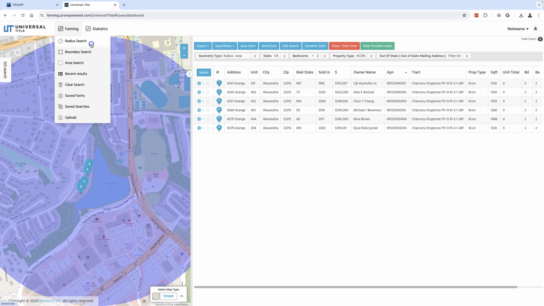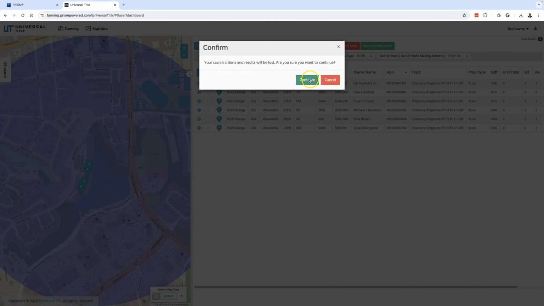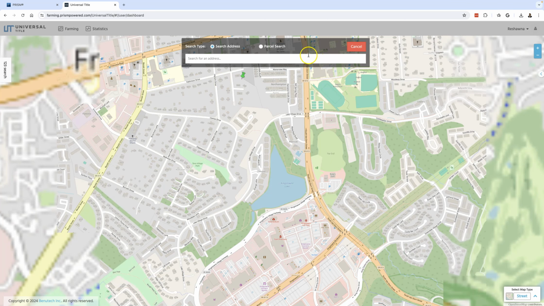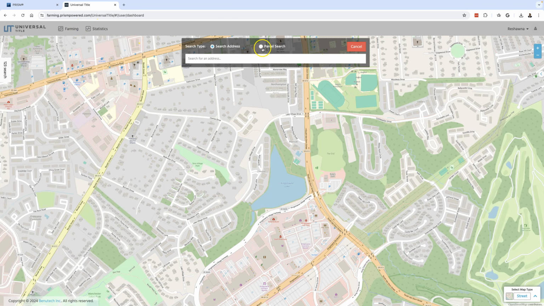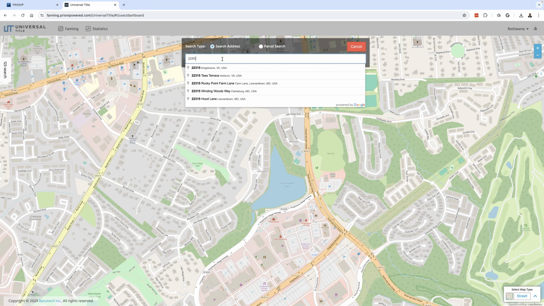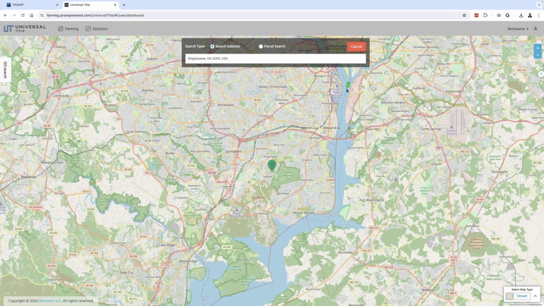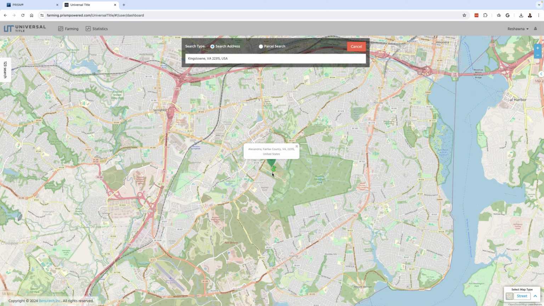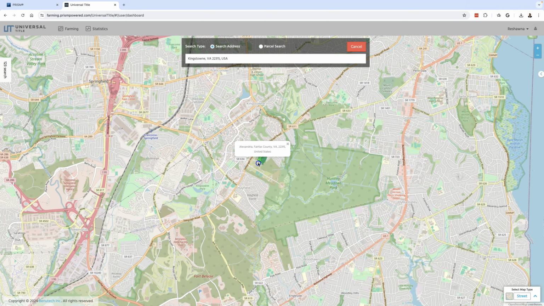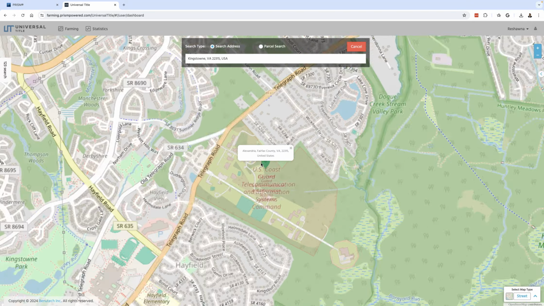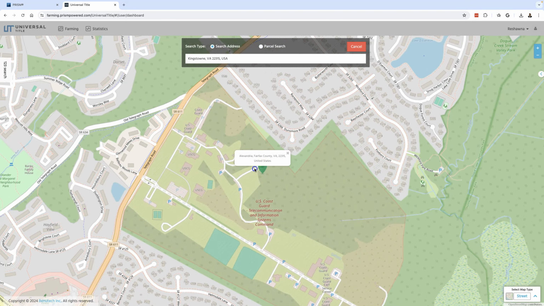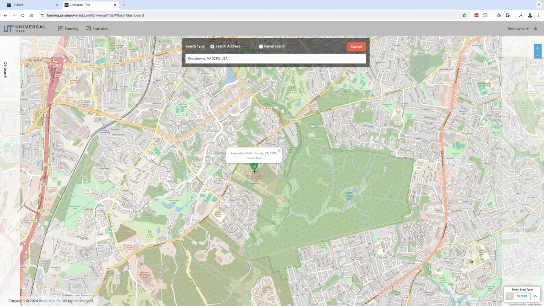Now let me go back to farming. I'm going to say it's going to be lost because I'm trying to do something else. You can do a parcel search as well, but let's just keep it. Let's just look up Kingstowne. Then you can zoom in. Not sure why I had it at that location. So